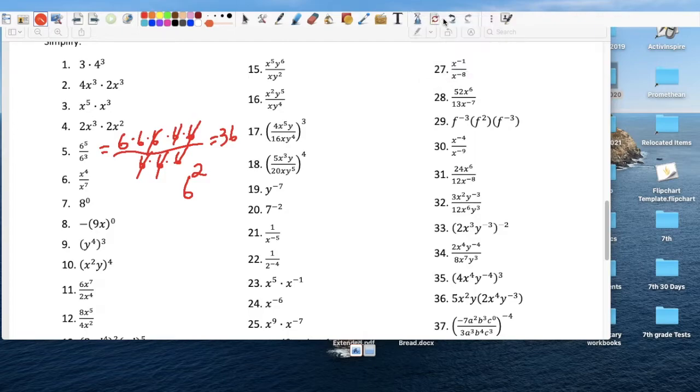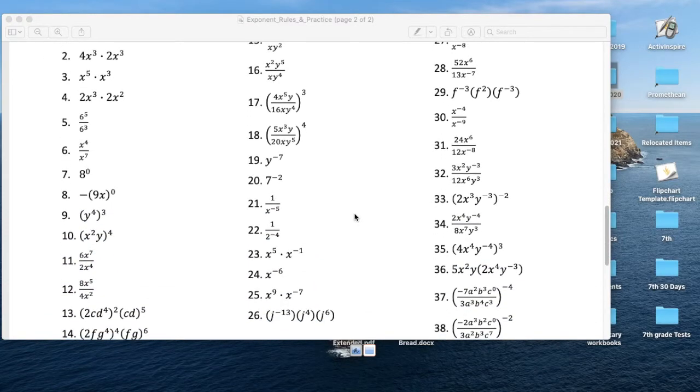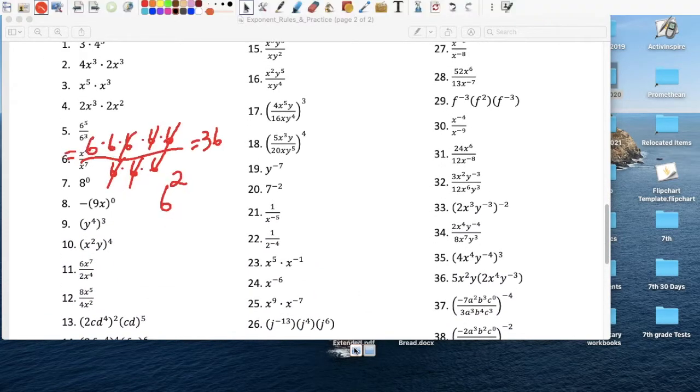Okay, so let me read the instructions, guys. And sorry, I apologize. I want to see what the instruction says. Okay, that just says to simplify. All right. Next,